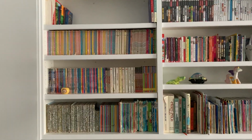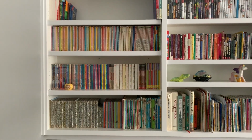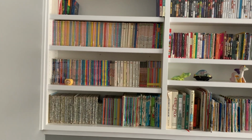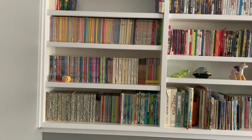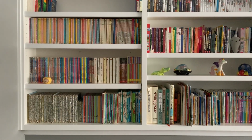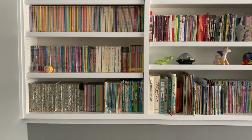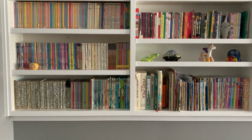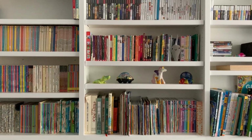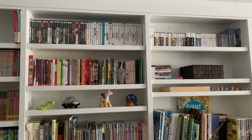Then I'll just quickly run you through the childhood shelves here. So there's a bunch of Babysitters Club books up there that I read when I was younger. We've got Pony Pals, we've got Sweet Valley Kids, we've got Laura Ingalls Wilder up there. Some children's versions of Shakespeare, Golden Books. We've got Beatrix Potter, Franklin, some Dr. Seuss books. Then up here, we've just stored some video game cases until we get more books to fill in